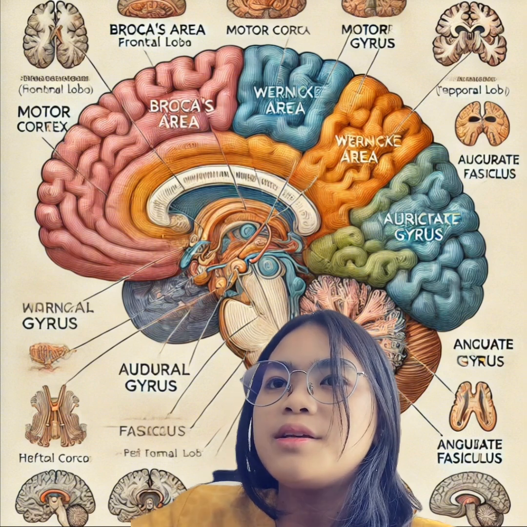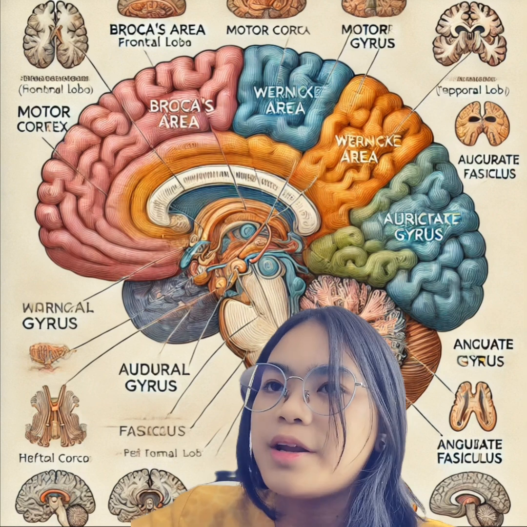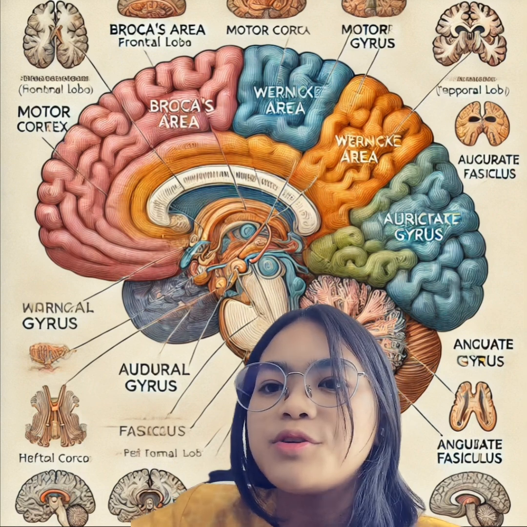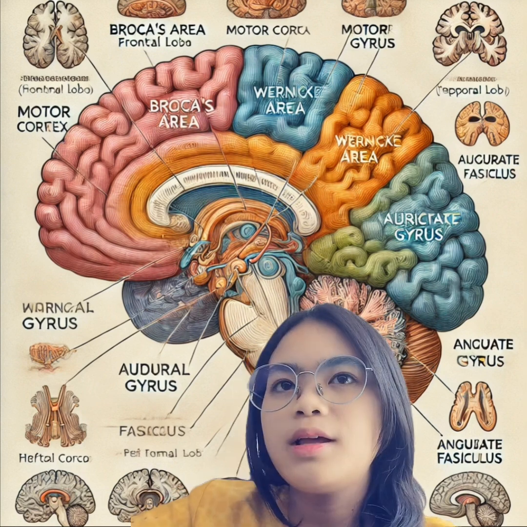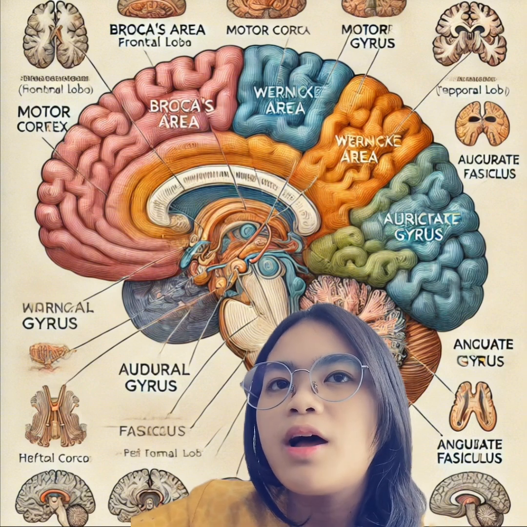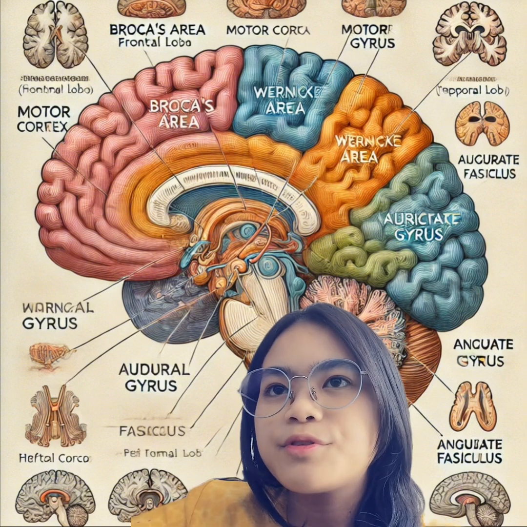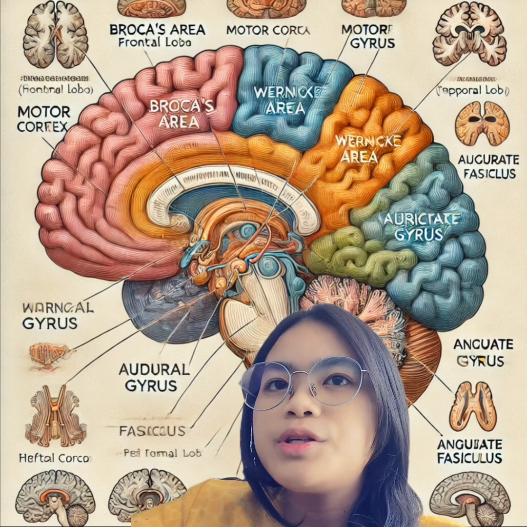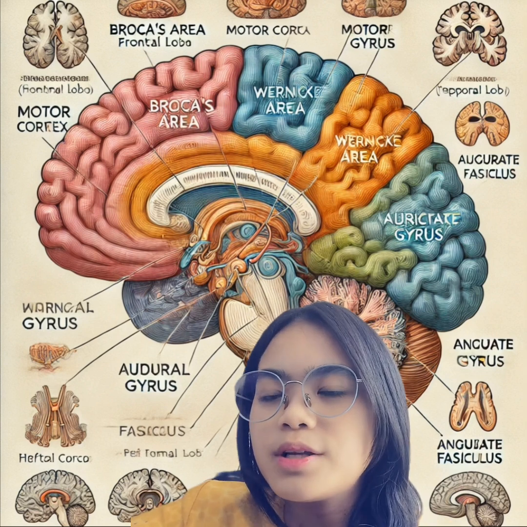The next slide is going to be the key brain areas involved in speech and language functions. First of all, here we have the major brain areas for speech and language, which is Broca's area,